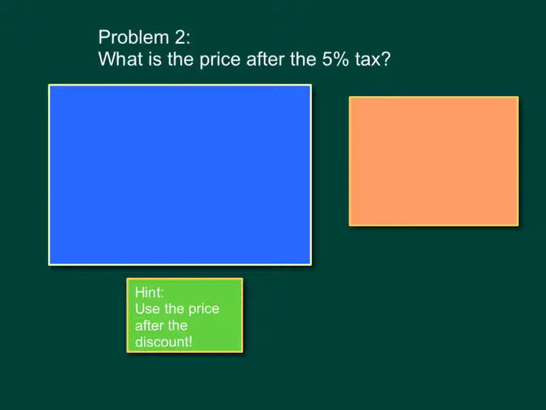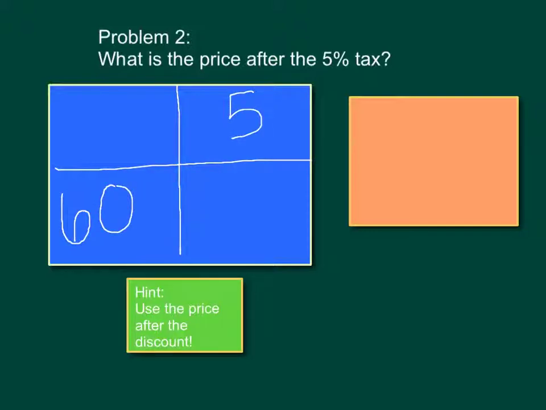Now we'll move into the second problem. What's the price after the 5% tax? And we have a nice hint here. It says, use the price after the discount. So instead of using the original price down in that bottom left-hand side, I'm going to use the sale price, which was $60. We have a 5% tax out of 100, and I don't know what the tax is. So now I have to cross multiply,